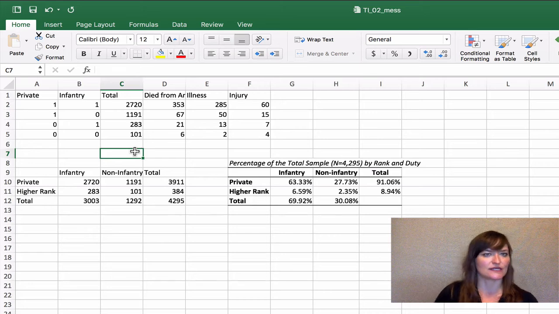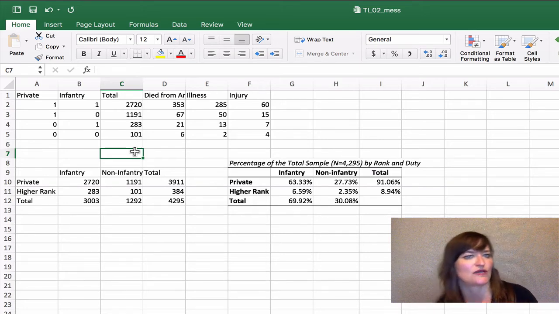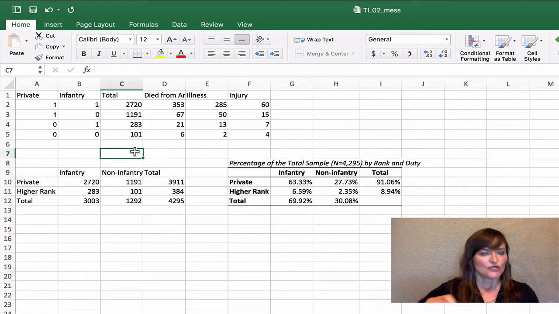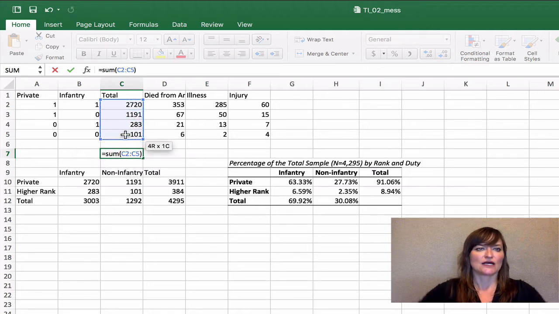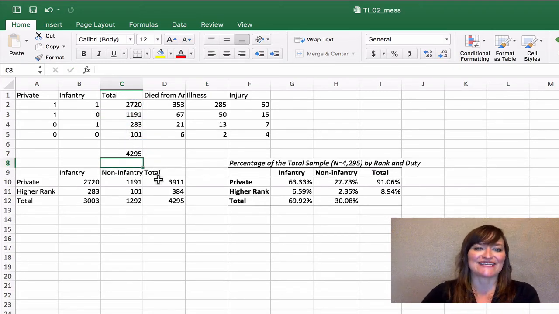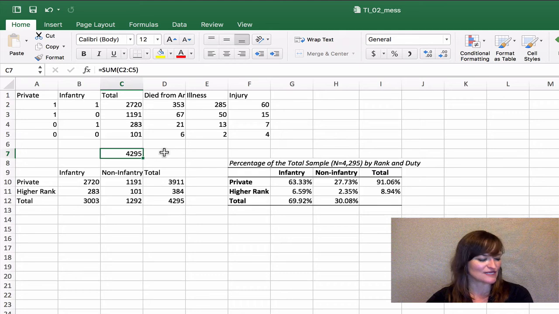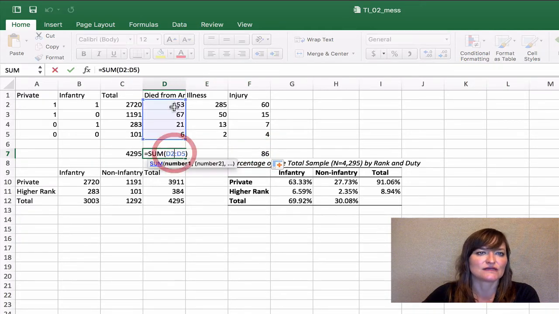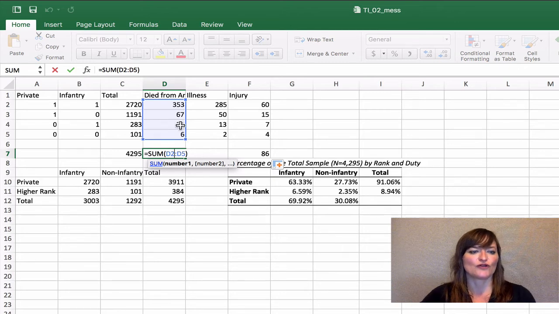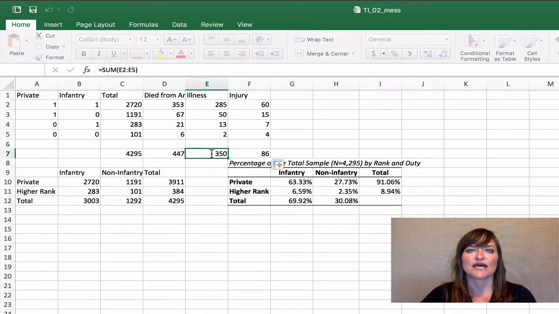Let's click here in C7, under the total number in each of these groups. So what's our total sample size? I'm going to type in a function: equals sum, open paren, click and drag, and close paren. That matches. That's a good sign. That gives us confidence that our data still has integrity. Let's fill that across. So that's going to calculate for each of these the sum of those 4 numbers above that cell.